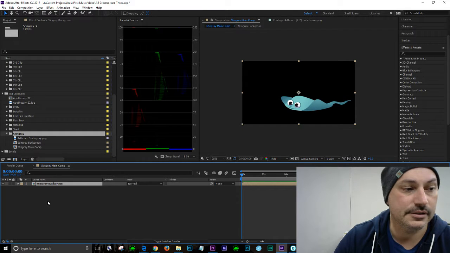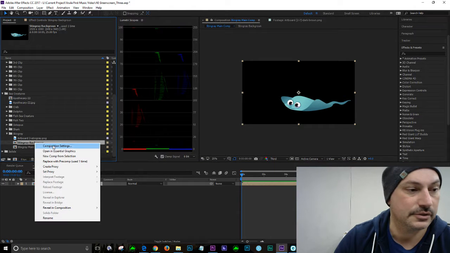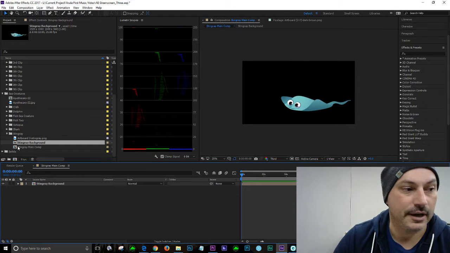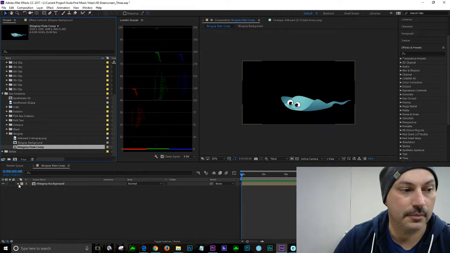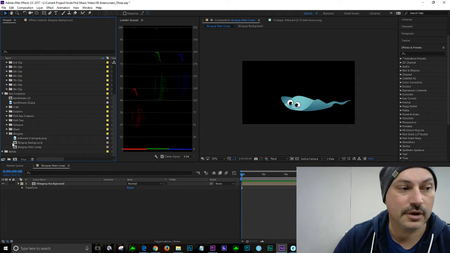It created a new composition called Stingray Background, misspelled of course. I'm going to rename that right now. Okay, so Stingray Background. But what happens now when we look at Stingray Main Comp? If you actually look, that Stingray's now gone. And where did it go? It went here. So Stingray Background